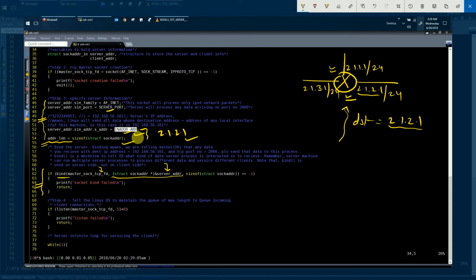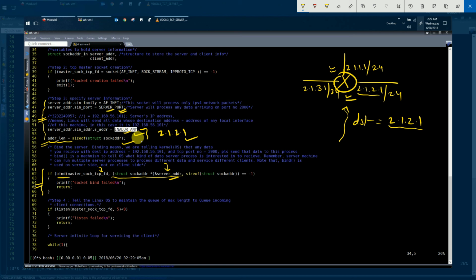And you can see that we have filled this structure with the port number also. So the server is also conveying to the operating system that I am interested in receiving a packet in which the TCP port number specified in the transport header is 2000,